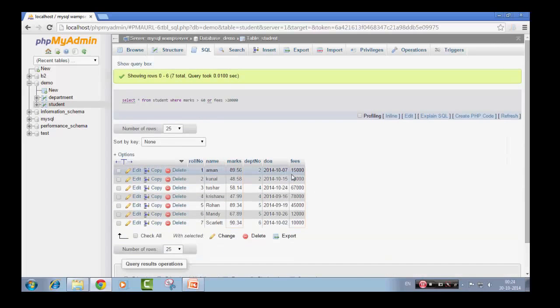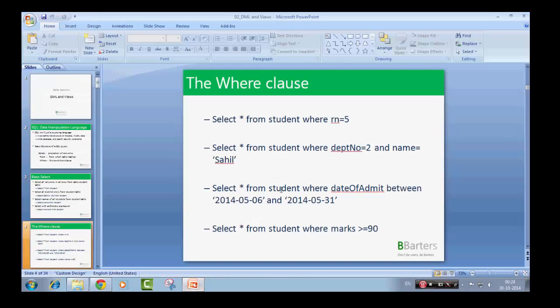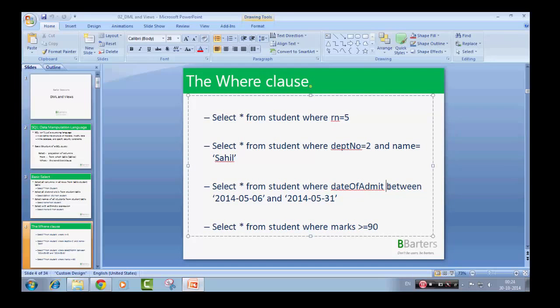So I got the students, either those students who have scored greater than 60, or if they haven't scored greater than 60, then their fees is greater than 20,000. So I got all the results. Basically you can use this AND or OR operator to combine multiple conditions together in the where clause, as you can see here. Then I can also use this keyword called between to specify a range of values